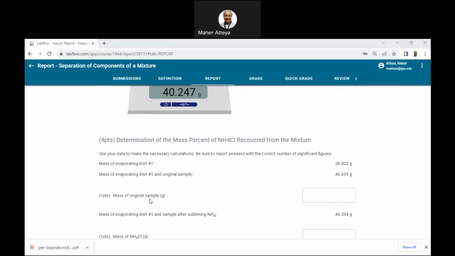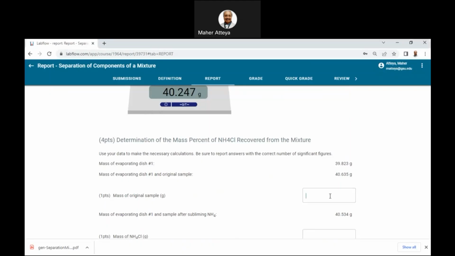You have to be careful about entering those data because the simulation is so sensitive. If you just have an error in one of the digits, it might not accept it. 39.823, and the answer is